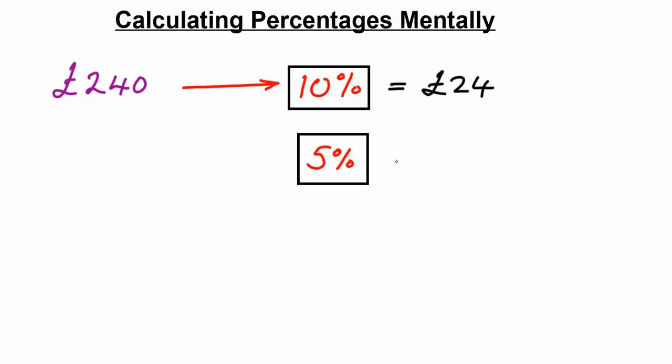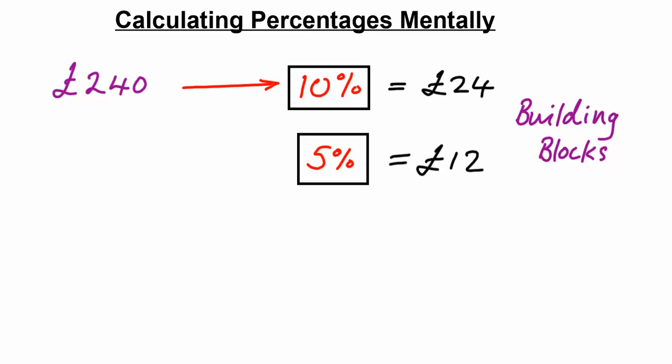Having found 10%, we would now always find 5%, because 5% is half of whatever 10% was. So in this case, 5% is equal to £12. These are now classed as our two building blocks. We can now use these building blocks to work out any percentage of £240 as long as it is a